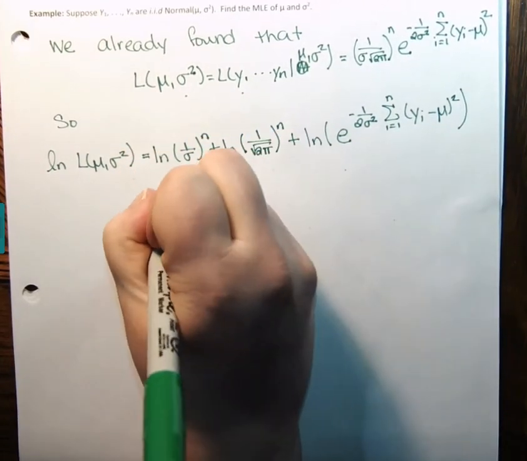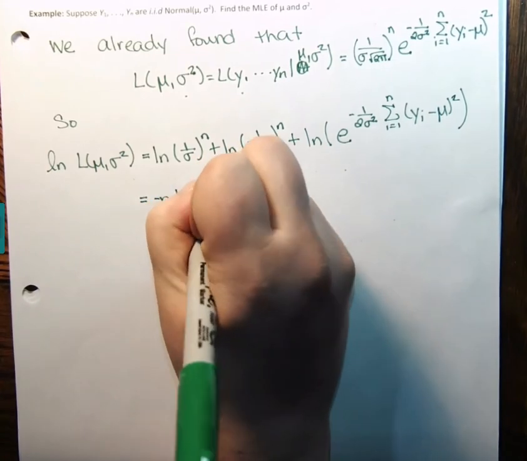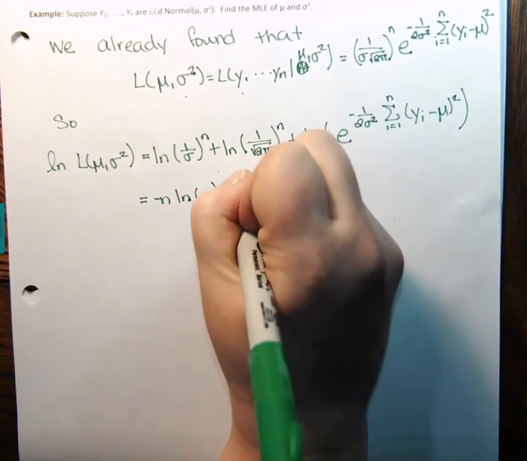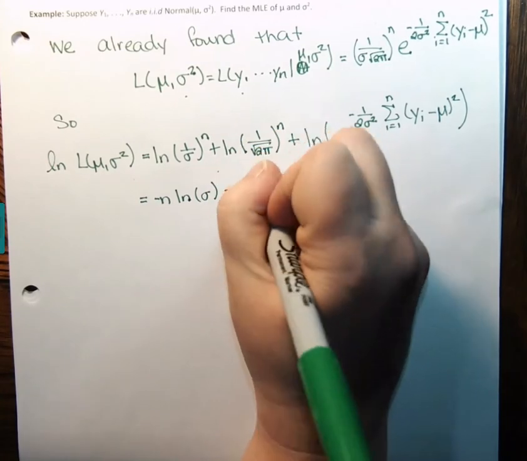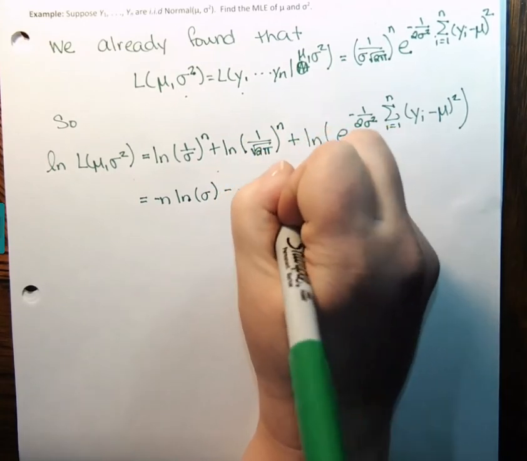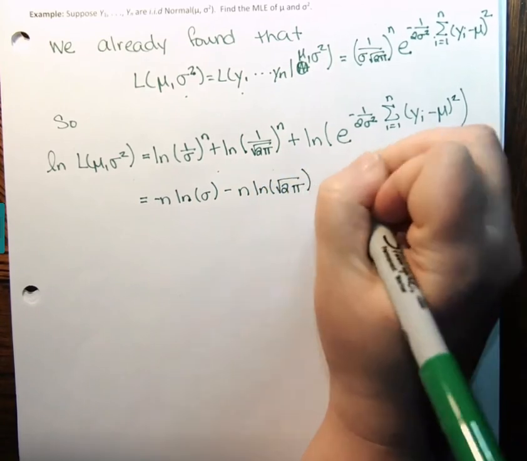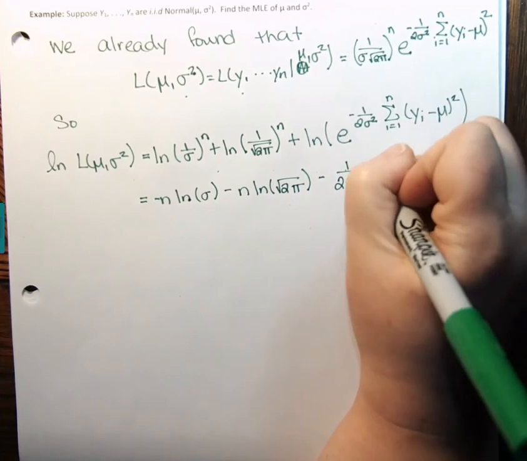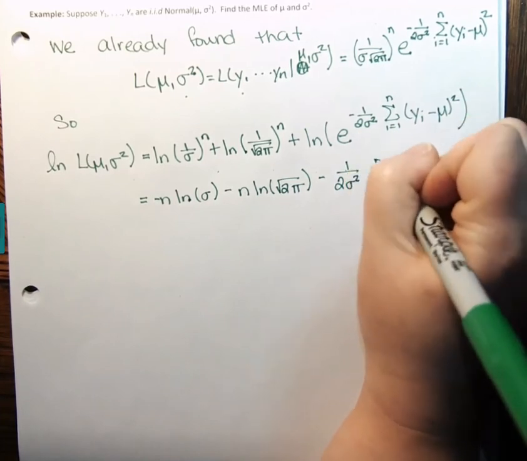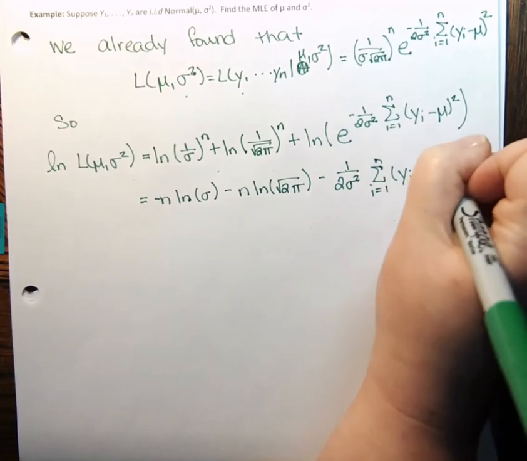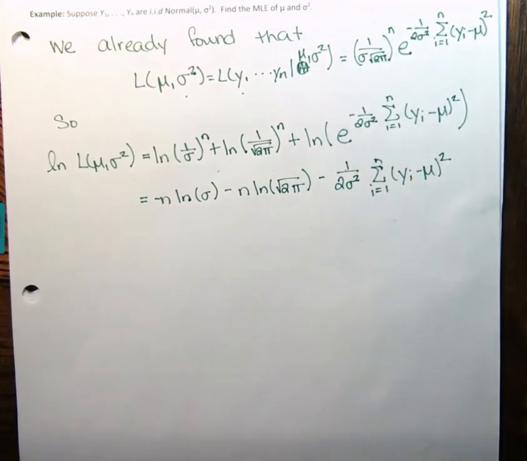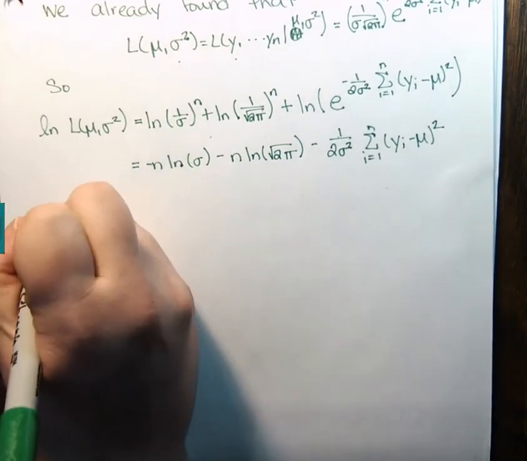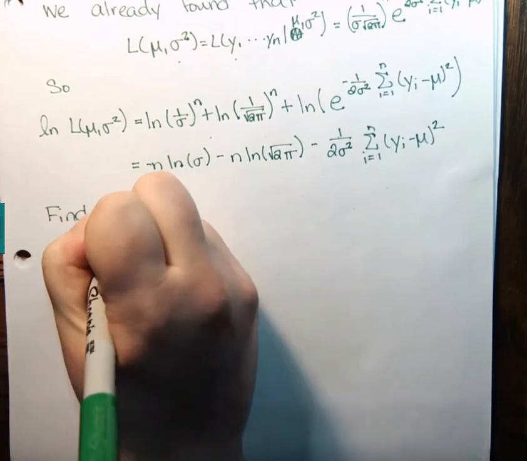Simplifying this. So now we can go through and find the MLE for mu and for sigma squared. And we're going to do that in two separate steps. So first, we're going to find the MLE